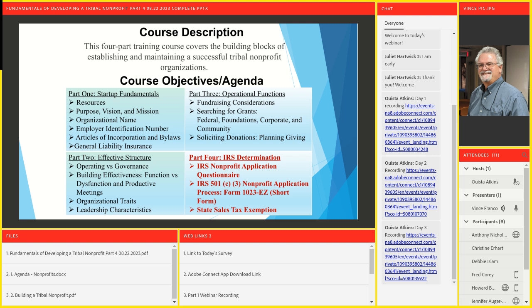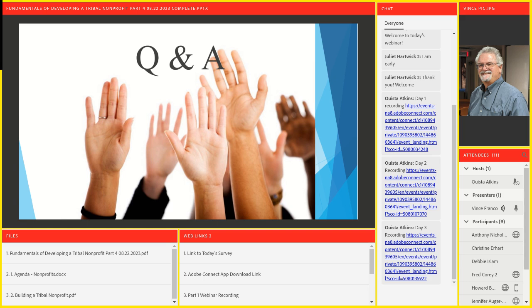And then once you get that determination, part of this process is state sales tax exemption, which is kind of the bonus. It's the icing on the cake. If you're going to be a nonprofit, you want to take advantage of what nonprofit status means, and that is exemption from tax, basically reduction of tax, or in some cases elimination of tax at least on a state level. So that's what we'll talk about to finish up here, the state sales tax application process. But you've got to have the 501c3 status to get it, right? All right, so let's move on.